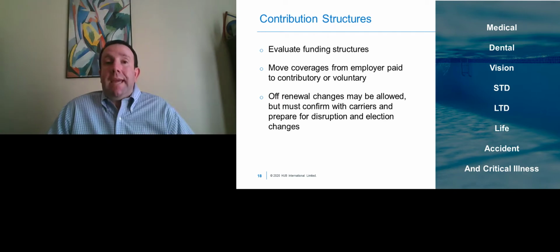Likewise, it could mean taking benefits such as short-term disability or long-term disability and moving them from 100% employer paid to maybe a voluntary program or maybe a contributory program, such as where the employer pays 50% of the cost. Also, I can tell you that voluntary benefits are going to be an important component of this too, especially as employers seek to take away some of their requirements from a funding perspective and push more costs onto